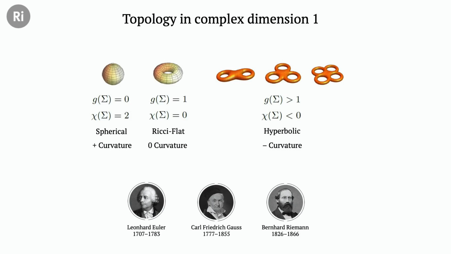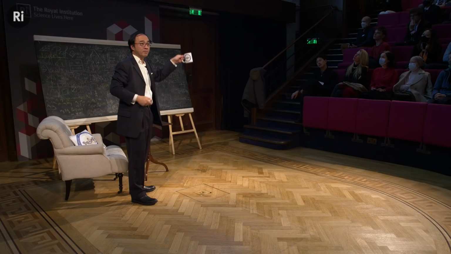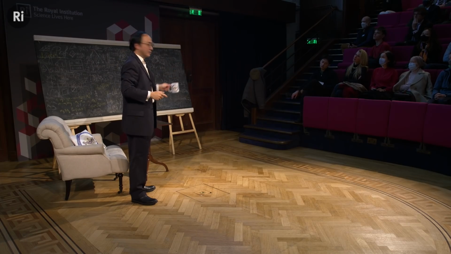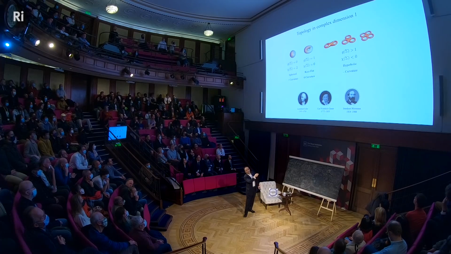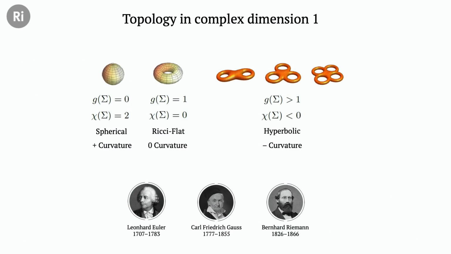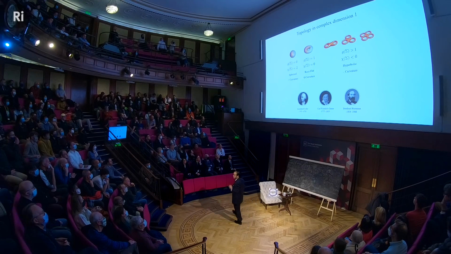For example, the mug. You can continuously deform this mug to the donut. Can't eat it, but... and higher pretzels of every country. German pretzels, Chinese pretzels, they're higher ones. So Gauss comes along, and he says there's an intimate relation between this integer, the Euler number, and the curvature